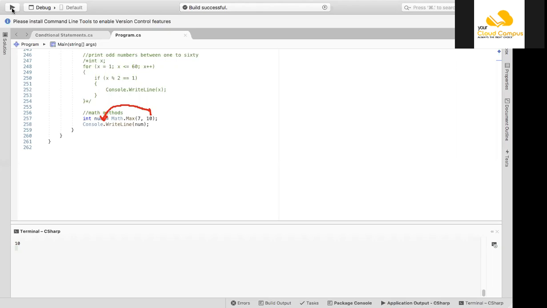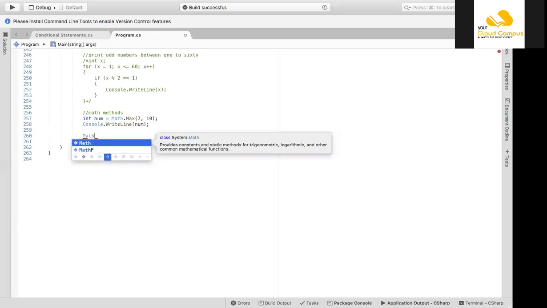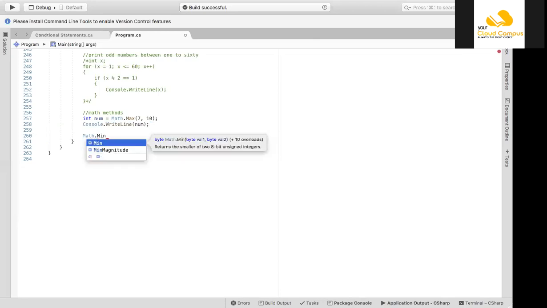Now similarly, one more function, that is min. Again after this line, use Math.min. Create a double space, enter, create a space. Math.min, you can select it from the suggestion.